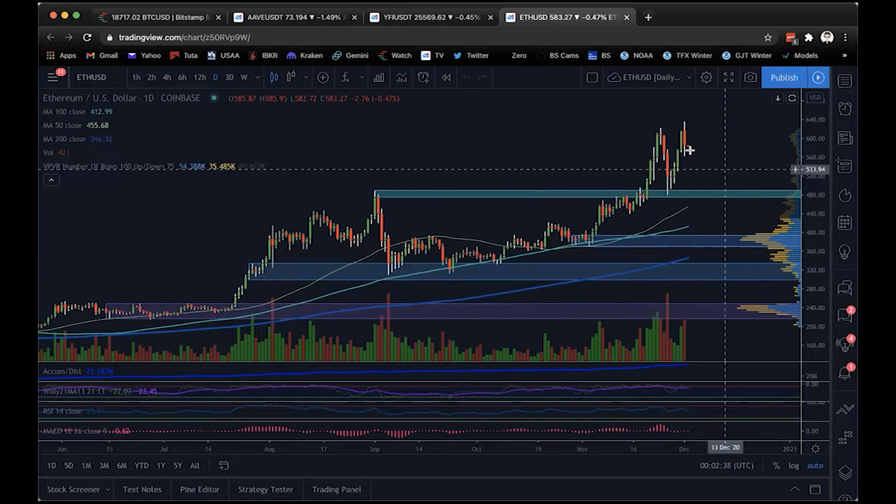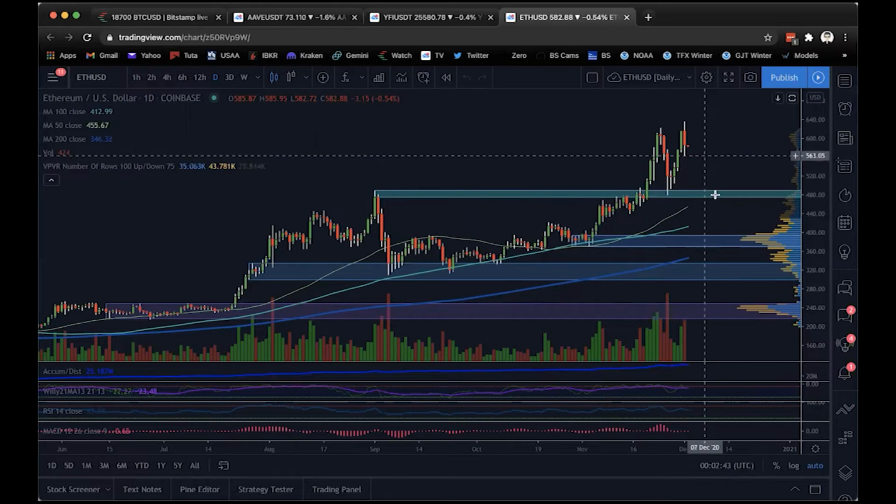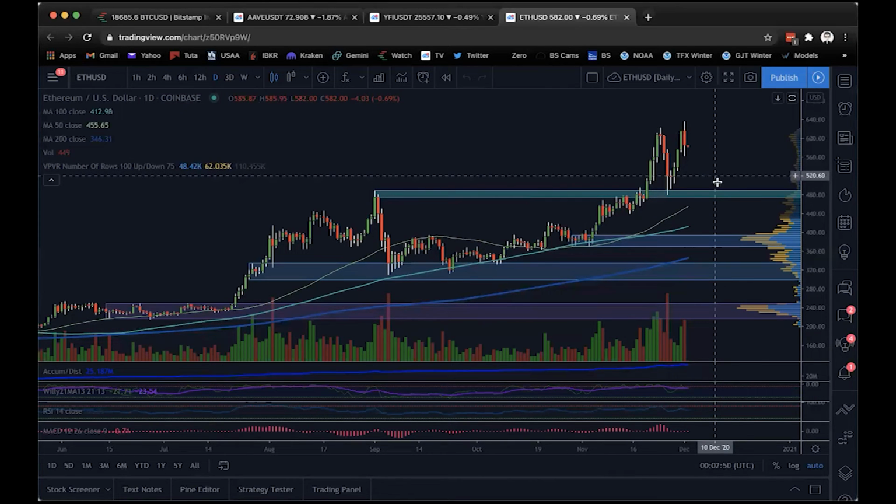So not a lot to do here. Again, stay neutral near term because we could just chop around in here, but longer term, buy these dips down into support areas, maybe even below 520, 530. Anything below there, just nibble and then wait for this thing to go.